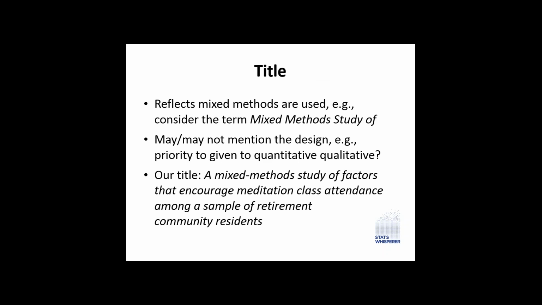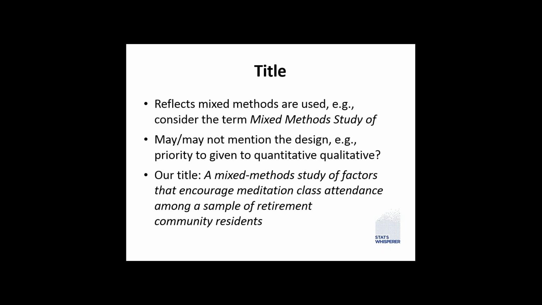Now, the title is the first thing. The title, normally if you do a qualitative or quantitative paper, the title would suggest which type of study it is. But with mixed methods, you can't do that because it has both quantitative and qualitative. So one of the best ways to identify that is just come right out and put in the title, a mixed method study of. Right? So of course you don't have to, and it may fit better in some studies than others, right? But